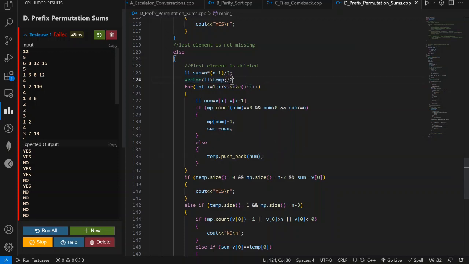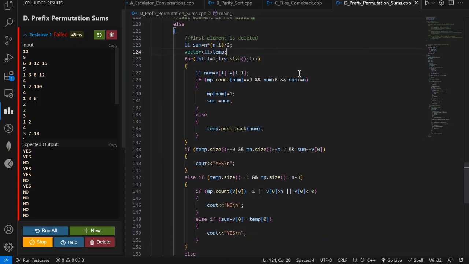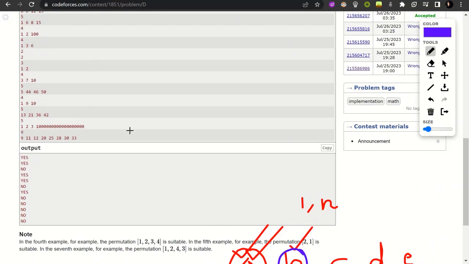That this temp is storing that if somewhere my condition is not obeyed, like the difference is greater than n, or the difference is less than n, or the number has already occurred, right? If that is the condition, if somewhere the number is not valid, then I will store that part into the temp vector. And why am I storing it into a temp vector? Because, as I have mentioned, if we have deleted the element from the middle one,